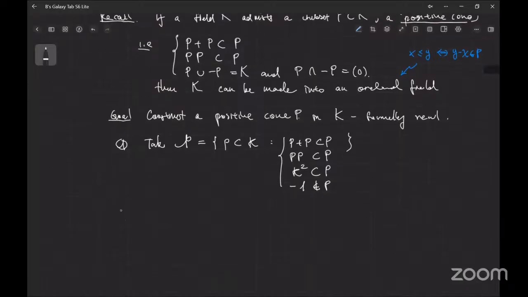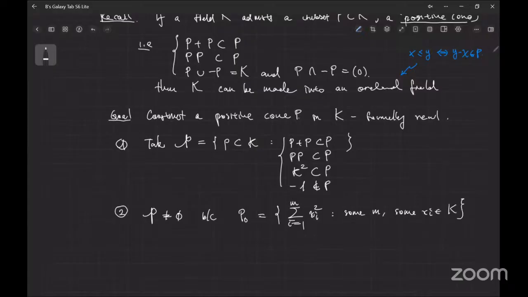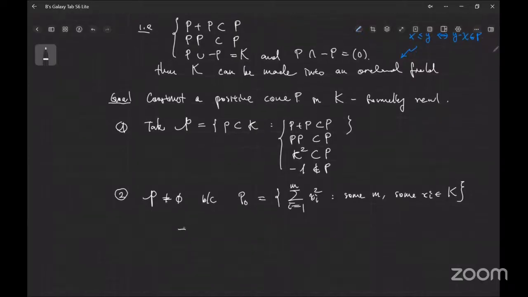Now, this collection is not empty because if we take P0 to be the set of sums of squares, sum of x_i squared with x_i in K, all possible finite sums of squares, then notice P0 plus P0: if you have a finite sum of squares plus a finite sum of squares, that's a finite sum of squares, so that's in P0. P0 times P0: well, if you take a product of sums of squares,